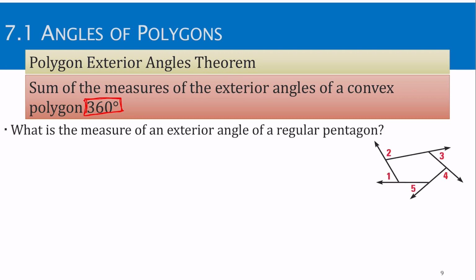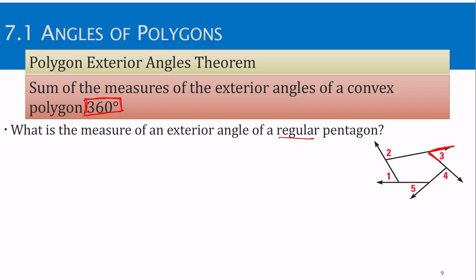So here's a pentagon with the exterior angles drawn. Remember, to get the exterior angles, you extend the side, and it's the angle between that extension and the closest side of the polygon. Now, is this pentagon actually regular? No, but let's pretend it is. The sides are different lengths, the angles are different measures. If it was regular, the picture would have all the sides exactly the same length and all the angles being exactly the same size. But anyway,